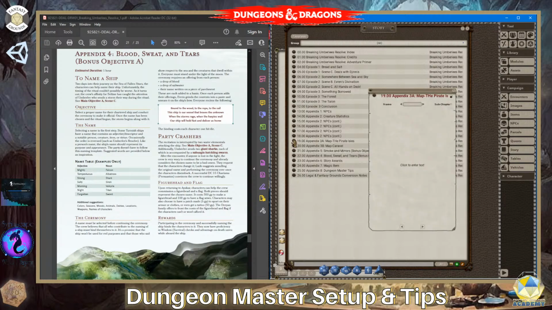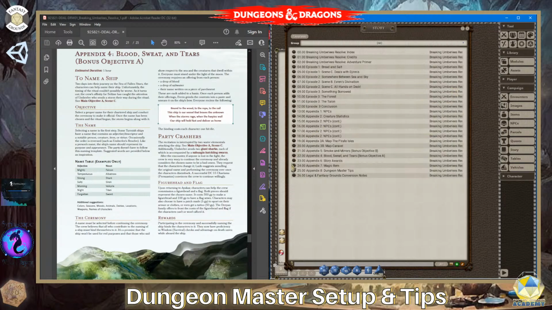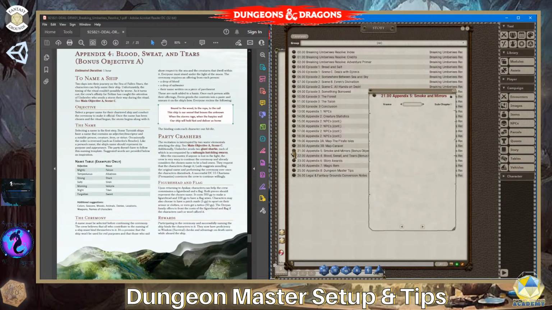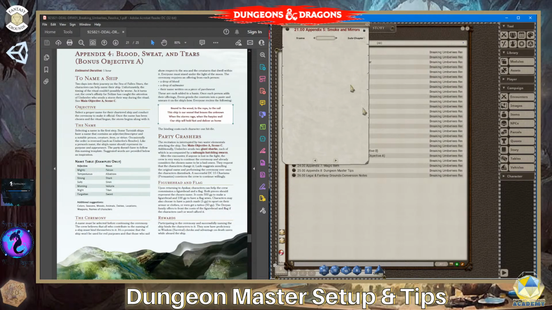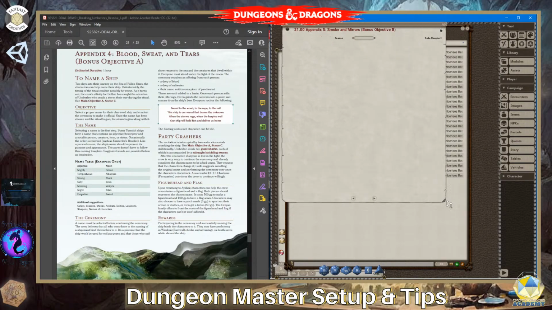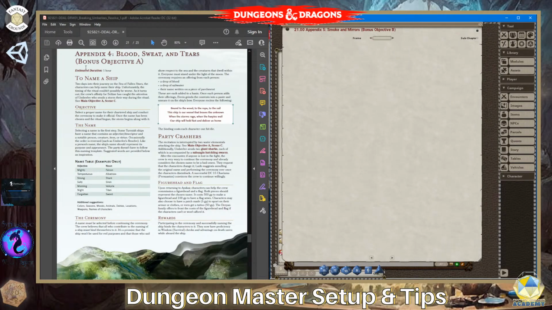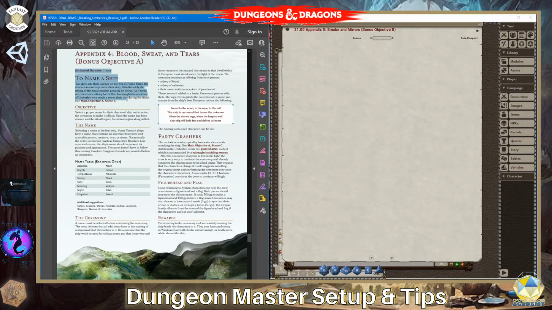It's not really what I intended to do today, but I do have to build the inline table. So rather than building it twice, I'm just going to build it once. So I'm going to go to page 21, and this is where the text is going to reside for this particular part of the adventure. So I want to go ahead and just copy and paste up to this point where it has all this information and then the